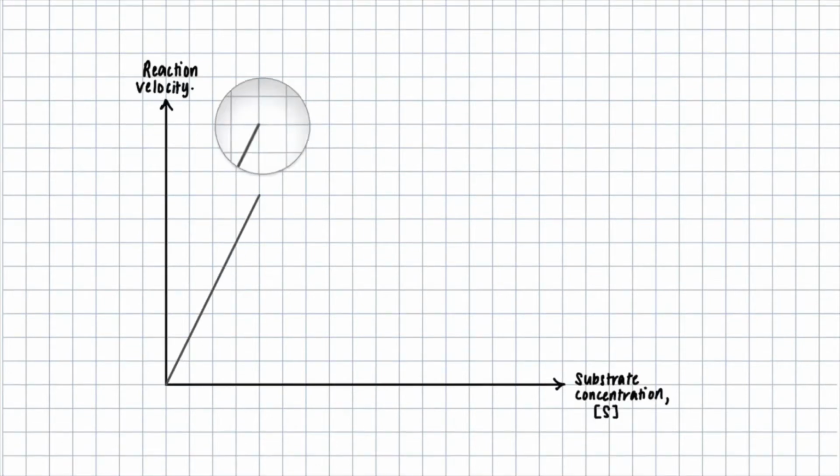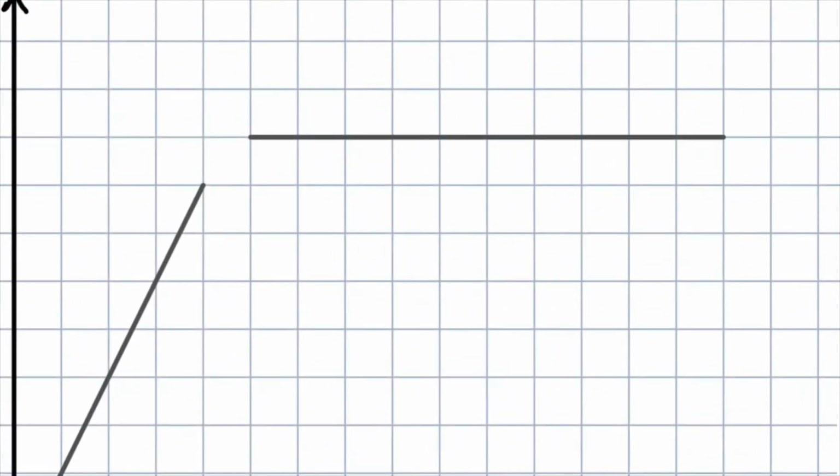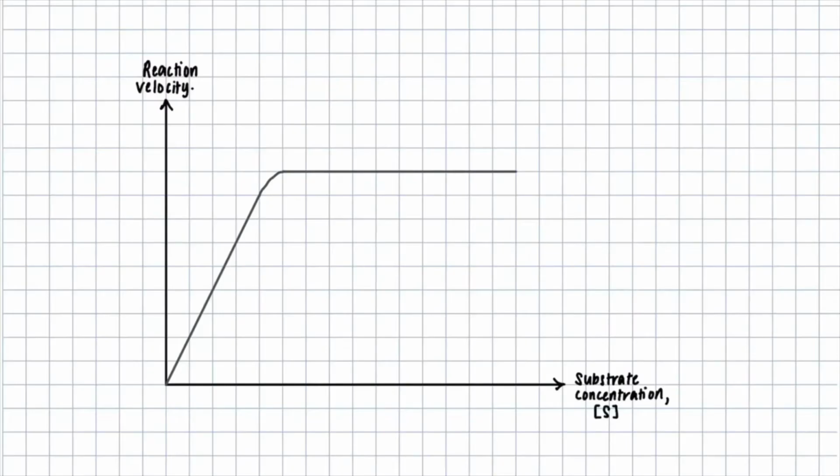The Michaelis-Menten model can explain how substrate concentration could impact reaction velocity. First, we are going to plot the reaction velocity versus substrate concentration hyperbolic graph. From this graph, we could generally conclude that as the substrate concentration increases, the reaction velocity also increases